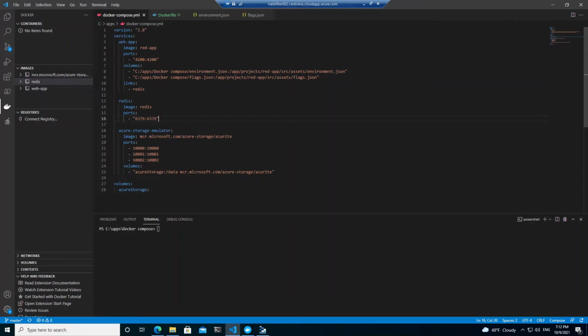However, with the storage emulator, that would be pretty annoying if your table storage data, or your queue data, or blob storage, whatever you want to refer to, suddenly disappears every time you start and stop this app. You'd have to set it all up again. So